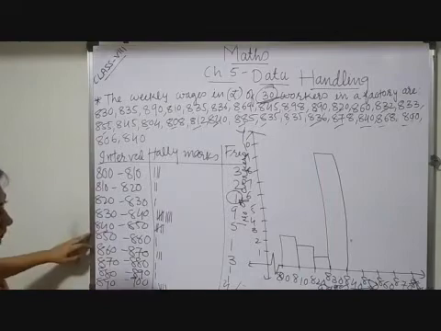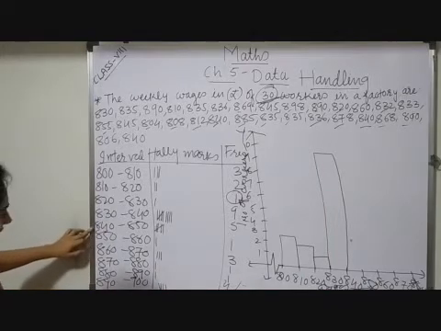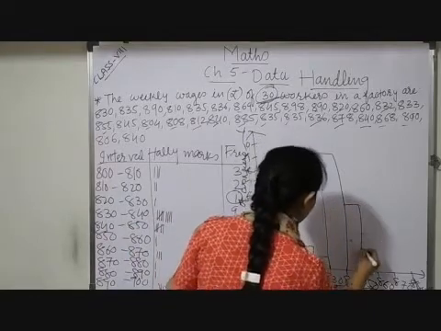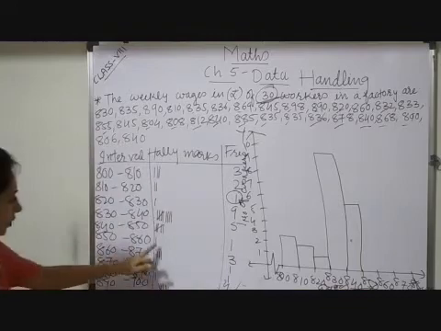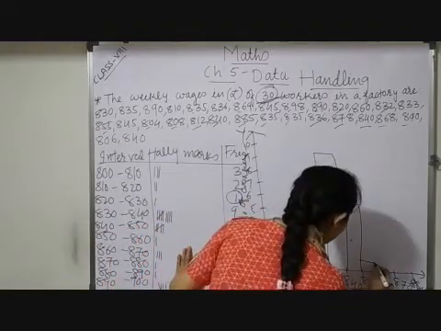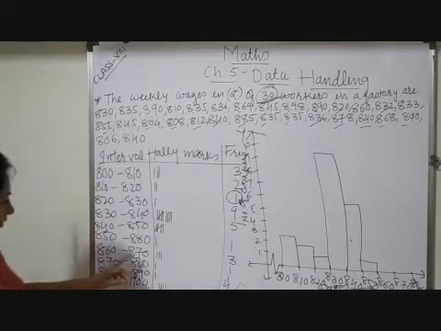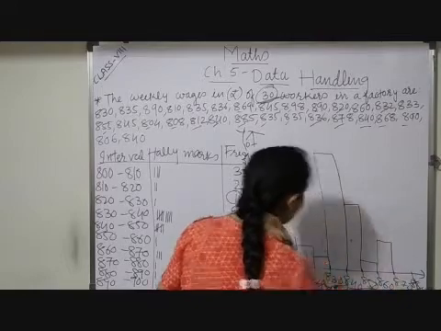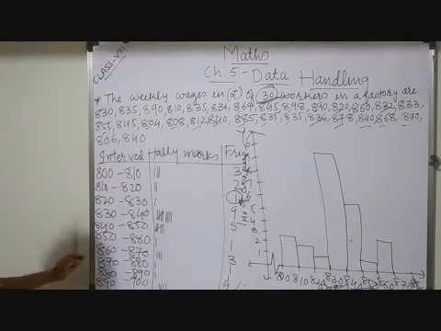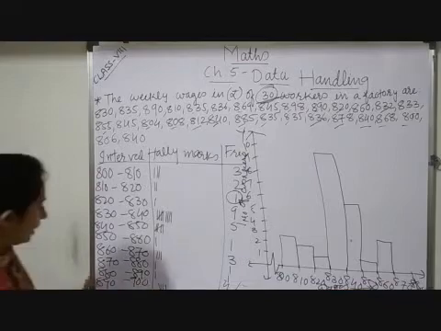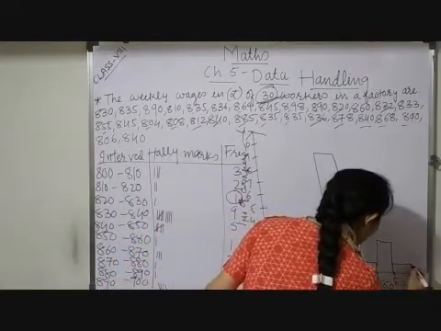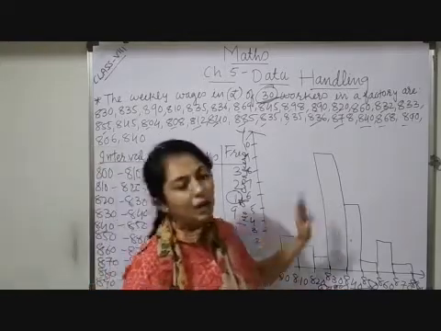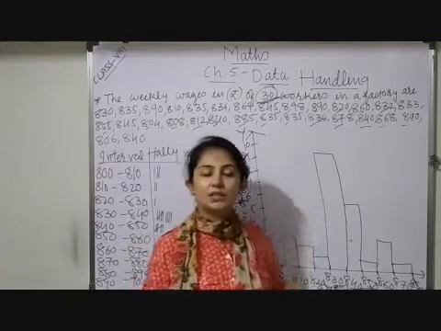After that, 840 to 850, we have 5 workers. So here, like that. Now 850 to 860, only one. So again, like that you will draw. Then 860 to 870, how many? 3. 3 workers are there. So using a ruler, you have to draw a proper graph. Then 870 to 880, again we have only one worker. So similarly, the remaining 2 entries you may complete on your graph paper. Hope how to draw a graph, histogram, is understood to you.